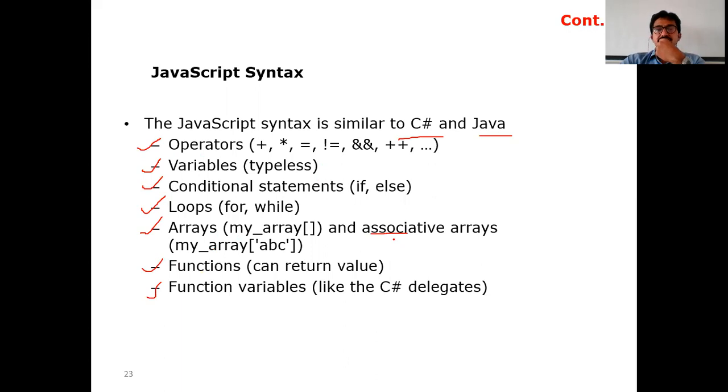Associative arrays, in the sense that normally arrays are accessed with the help of indexing. Indexing will be an integer, a of 0, a of 1. Associative in the sense that with the help of names also, we can call the array elements. For example, you store student details, where one record has student name, student age, student marks. If you want to access the first record, we can use a of 0.